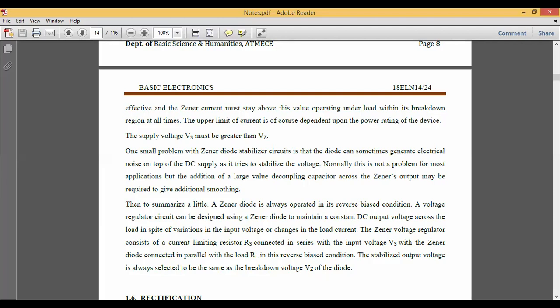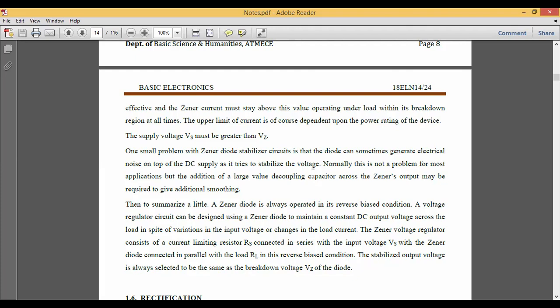Normally this problem is common, because we have a lot of capacitors and some resistance across the Zener diode, which may require some additional smoothing. Smoothing cannot eliminate the noise completely, but it can make it negligible. Some amount of noise will always be there in that device, but we cannot completely avoid it. There may be other noise also because of extra circuitry or the internal connectivity of the stabilizer. Therefore the Zener diode can be best used as a voltage stabilizer for many applications. I just gave one example of your normal refrigerator.